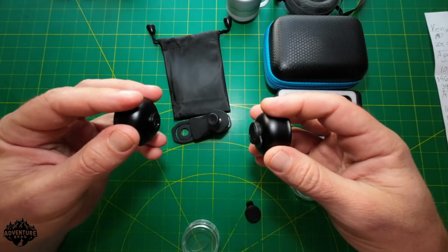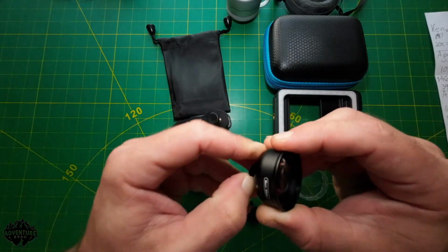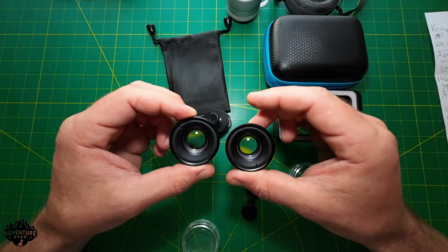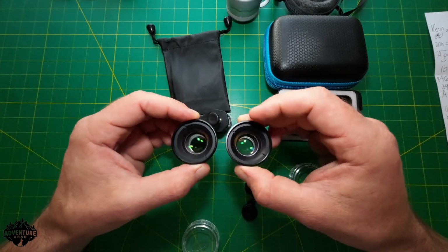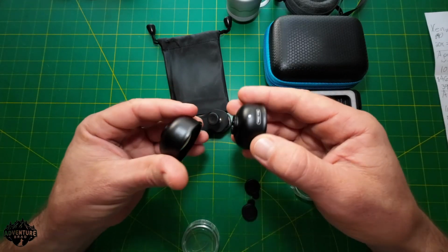Let's see. The one with the light, yeah, it has the dot on it here. Now just looking at them initially, I can't tell any difference. Now, I'm not a pro. If anything, this one here might have some sort of an amber haze to it, but they're both marked the